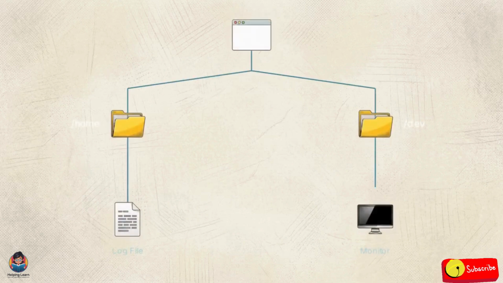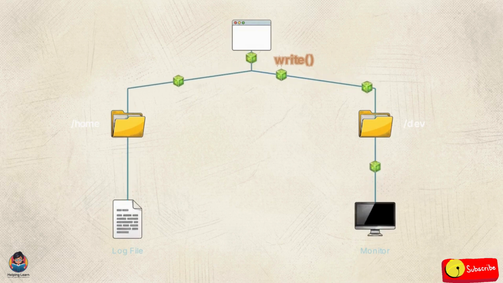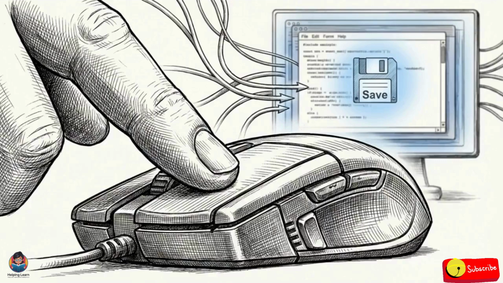Because hardware is mapped this way, the system uses the exact same write system call to append text to a log file as it does to send raw pixels to a physical monitor. This unified virtual file system abstracts away the complex hardware driver layer, allowing software developers to interact with physical devices using standard file logic. Let's put this entire stack together and trace a single everyday action, a user pressing save